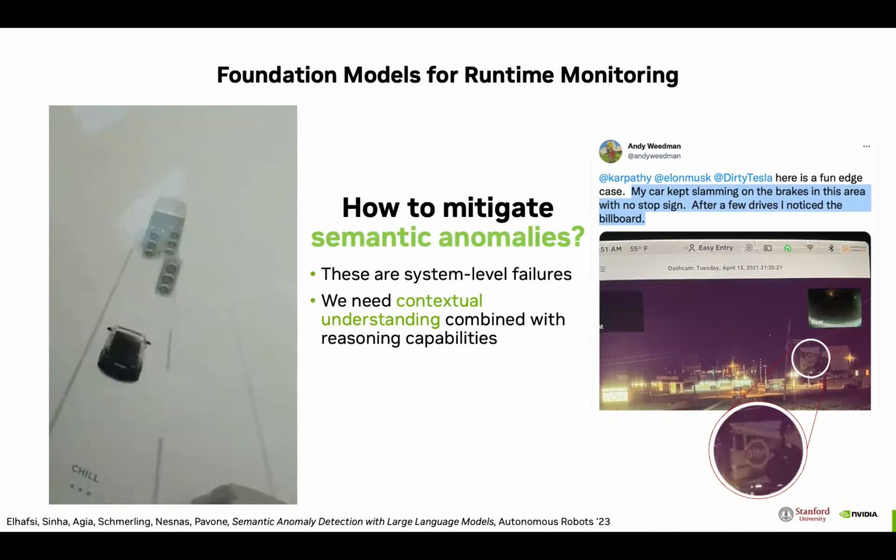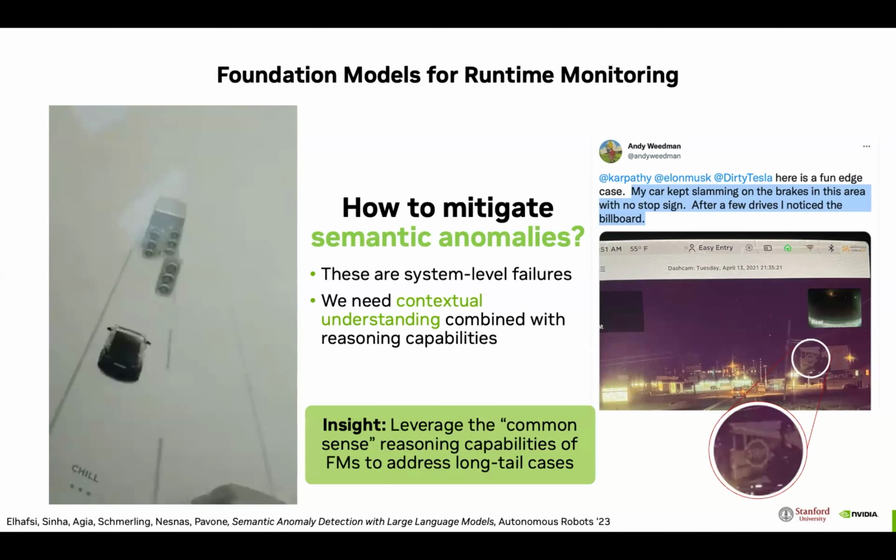So I refer to these anomalies as semantic anomalies because they're due to a very unusual combination of in-domain situations. And of course, by now, you should be familiar with the spirit of this talk. One possible way to address this issue is by leveraging foundation models and their out-of-distribution capabilities. They've been pre-trained on internet-scale data, so in principle, they've seen everything. So we actually saw that there is a lot of potential in using foundation models for anomaly detection